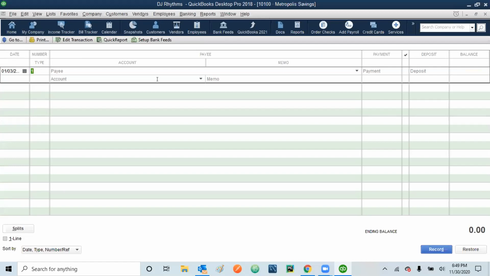Then it's opening balance. I put the date in the wrong place. Let me correct it. We have the account as opening equity. Opening balance.